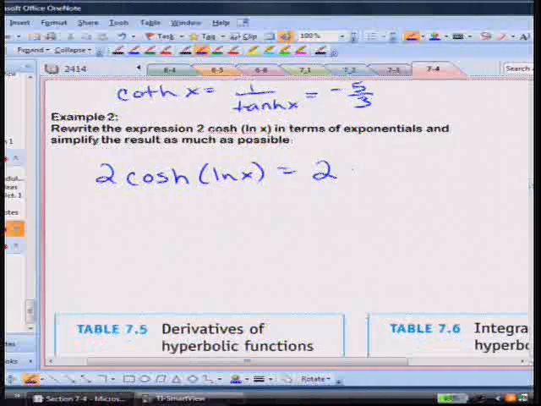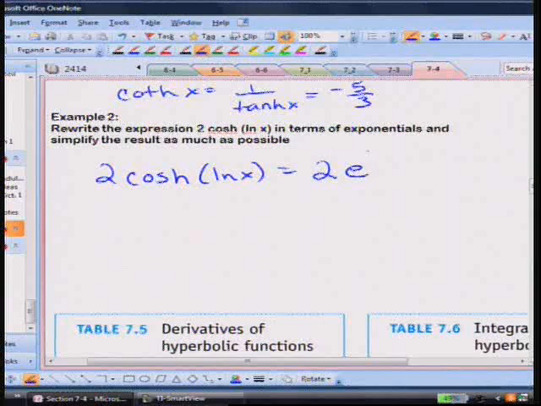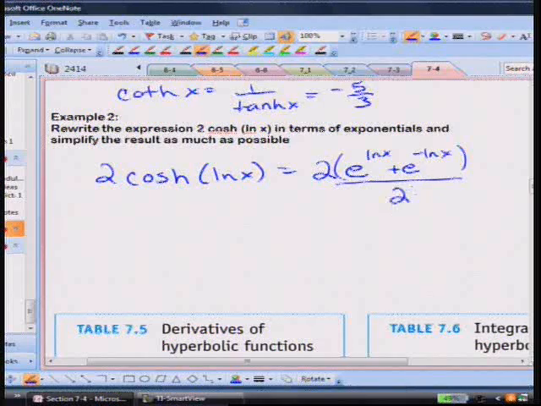So in this case, it's going to be e to the ln x plus e to the negative ln x divided by 2, right? Okay, and so then the 2's cancel here, and you get e to the ln x